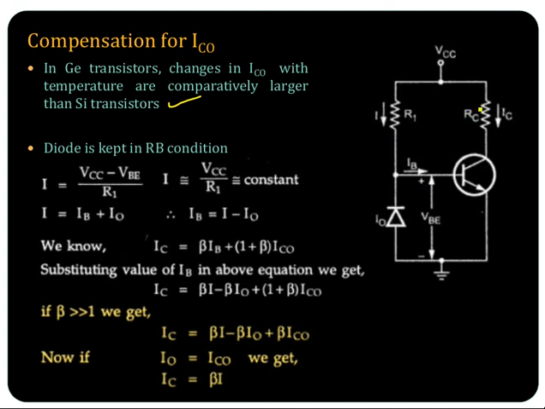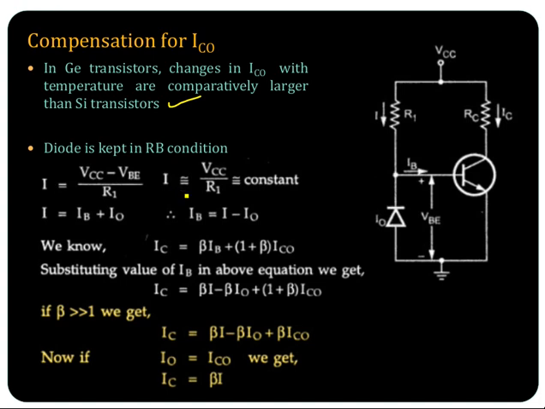For this you have considered a fixed bias circuit here. So the diode here is connected, this is reverse biased. So what is this current? This is current I, which is marked here, and IB is the base current and I naught is the current in this circuit. So what is I? It is VCC minus VBE by R1. There is no emitter resistance here. So VCC minus VBE by R1 is I.